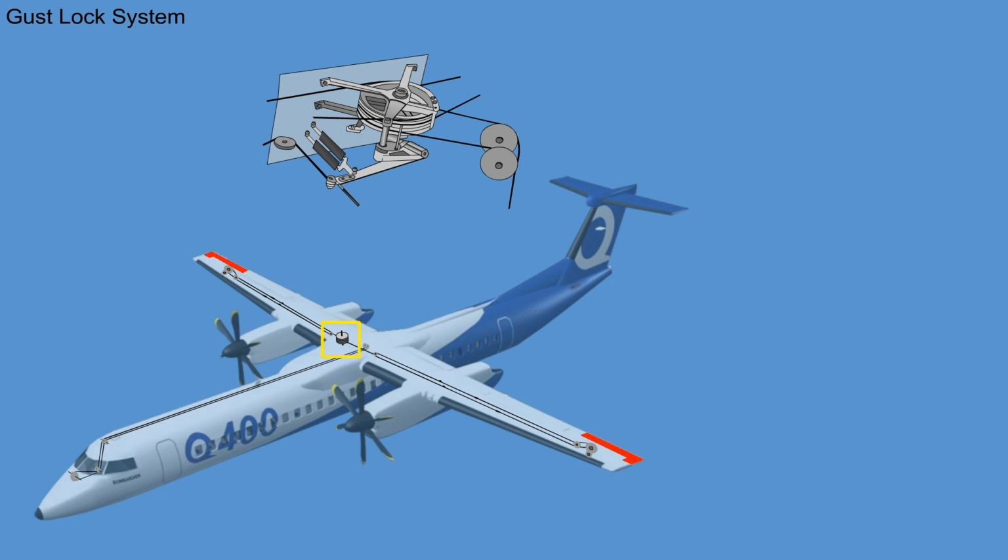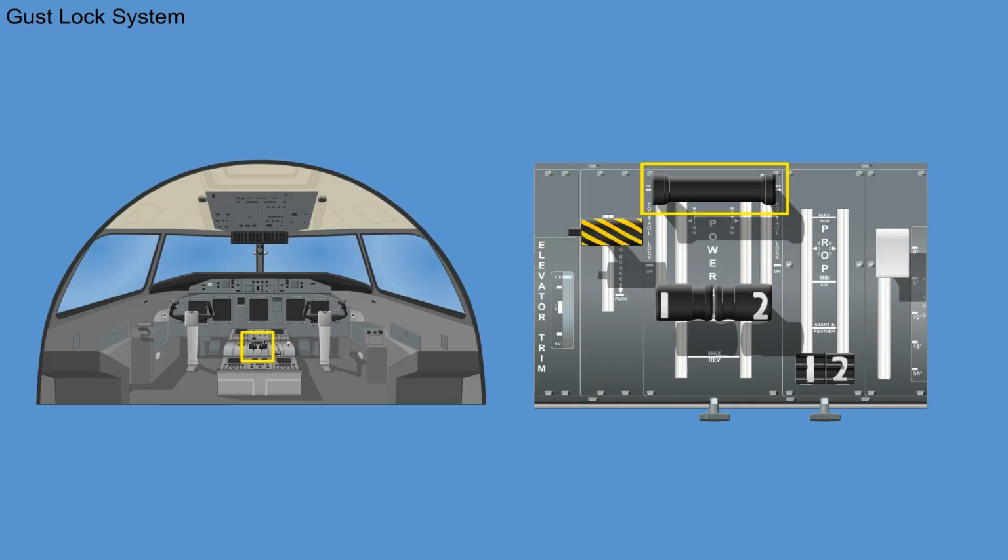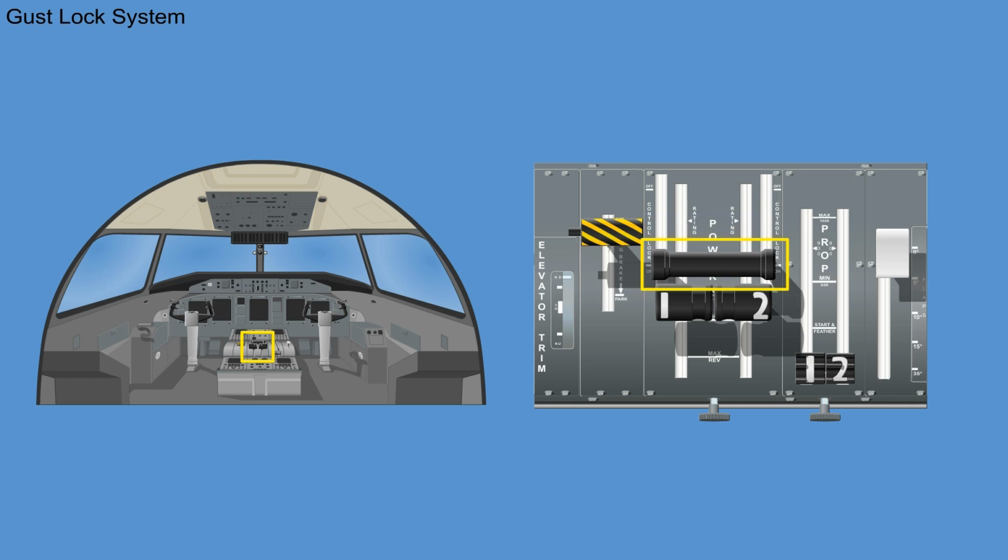The aileron gust lock mechanism is located on the aft face of the wing rear spar, right of the aircraft center line. The mechanism has a cable-operated gust lock lever, a spring-loaded plunger, 2 tension springs, and a lock plate on the aileron splitter quadrant. When the control lock lever release is pulled up and the lever is moved from the off to the on position,